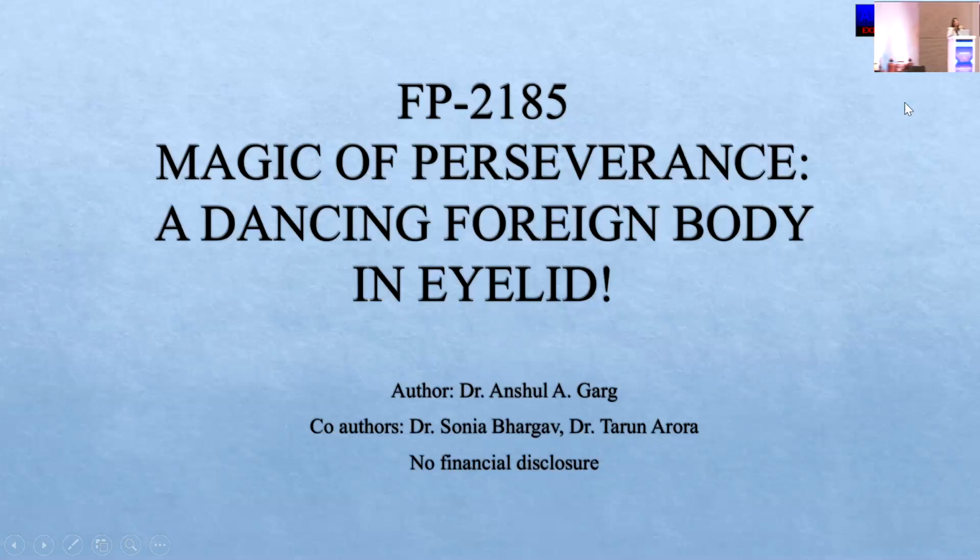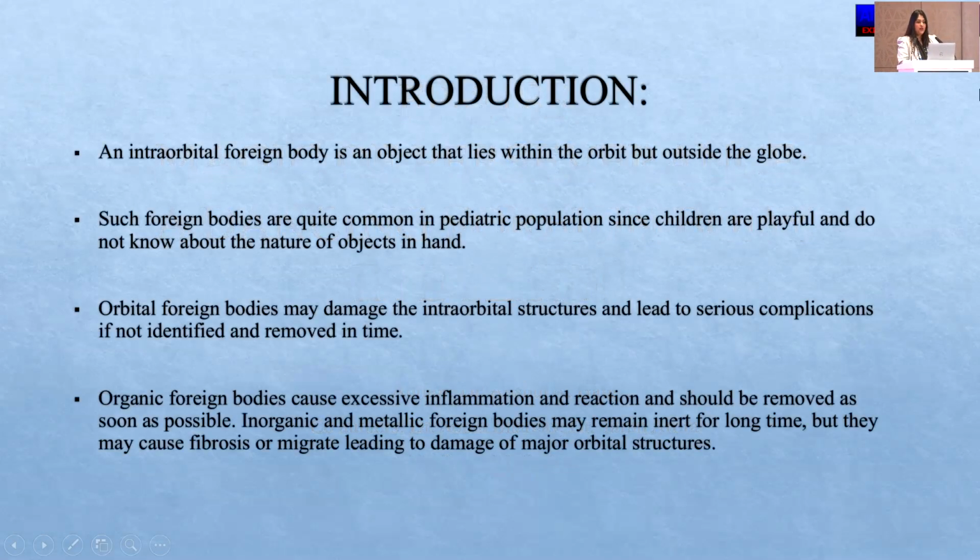Good evening, everyone. My topic is Magic of Perseverance, a dancing foreign body in the eyelid. An intraorbital foreign body is an object that lies within the orbit but outside the globe. Such foreign bodies are quite common in the pediatric population since children are playful and do not know the nature of objects in hand. Orbital foreign bodies may damage the intraorbital structures and lead to serious complications if not identified